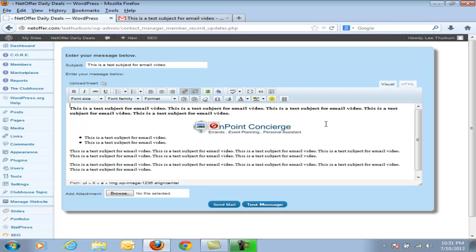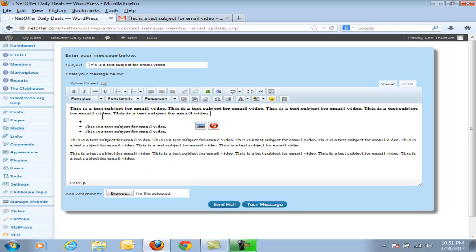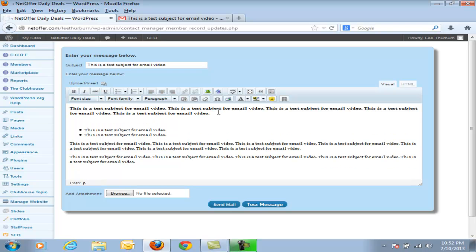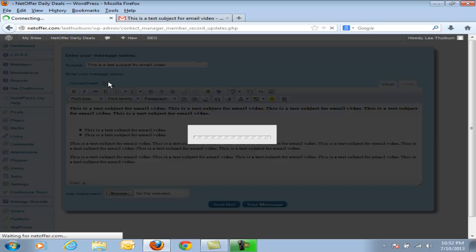So what we want to do is come back, and we're going to just go ahead and put an extra space in here. Now my cursor is up here at the top, so what I'm doing is bringing my cursor down, and I'm going to put it right behind the image and hit enter. So this is one of those things that you kind of have to play around with, because it doesn't always work quite the way you want it to. So I'm going to go ahead and put a space in here for the image, reinsert the image,